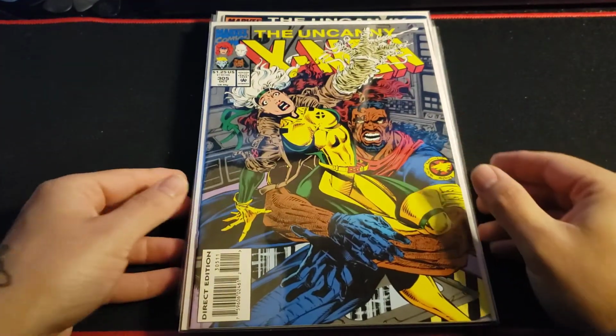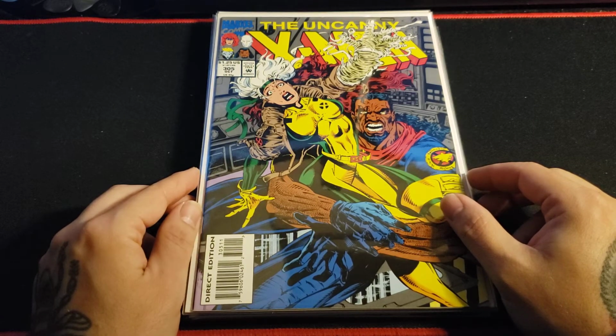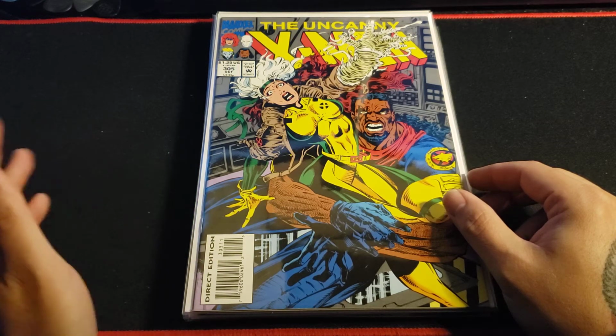More Uncanny X-Men. This is 305. Paid $2 for this one. First cameo of the Phalanx. I've seen some sales on eBay go for